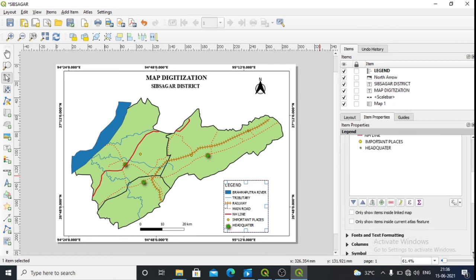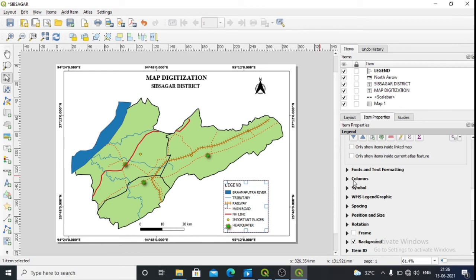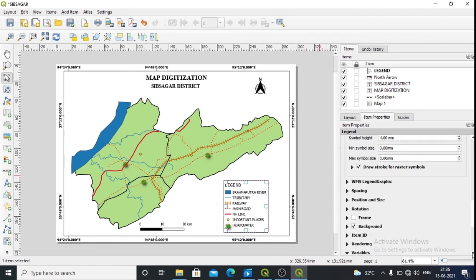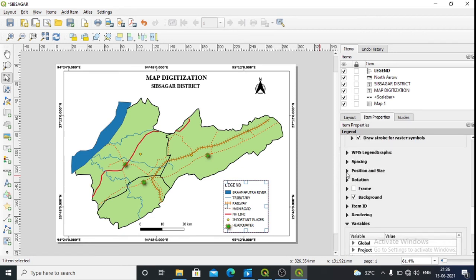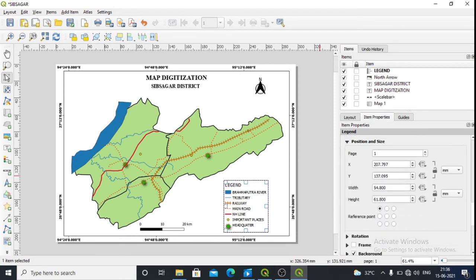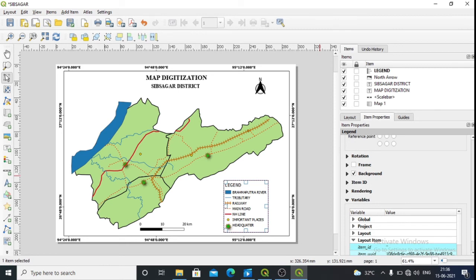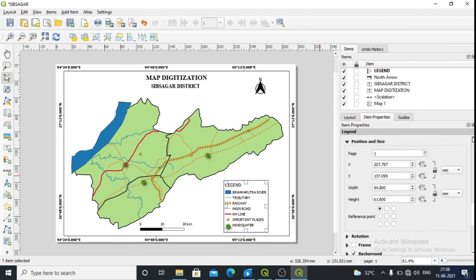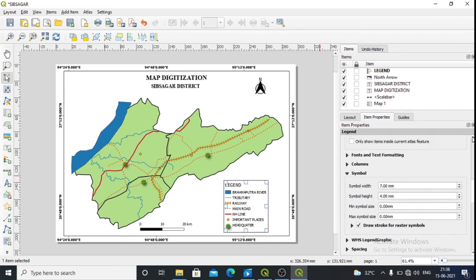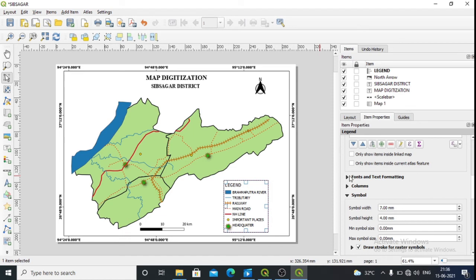Now if you want to change the symbol and everything, position and size, go to font text.